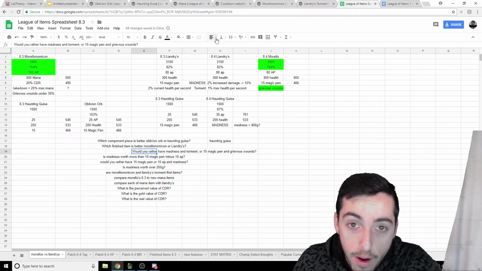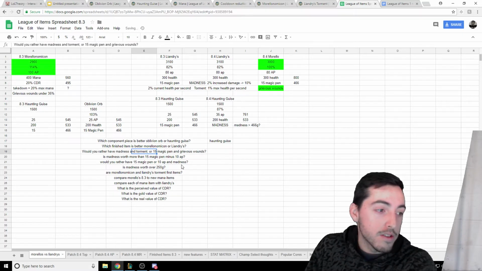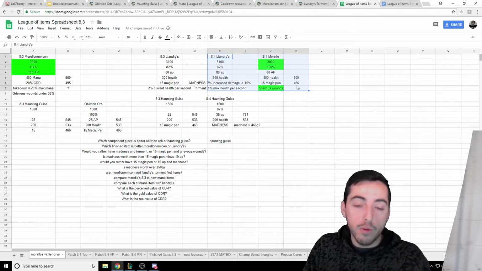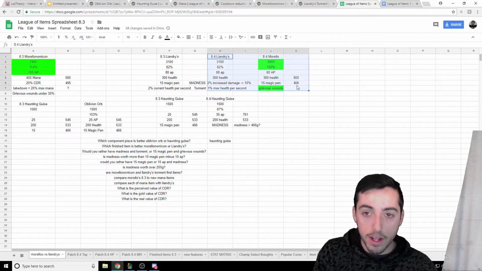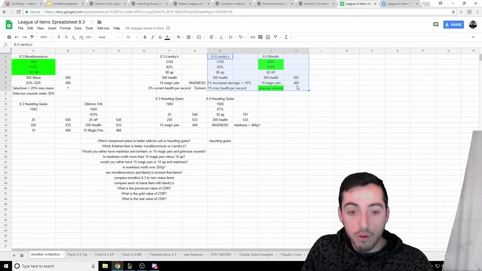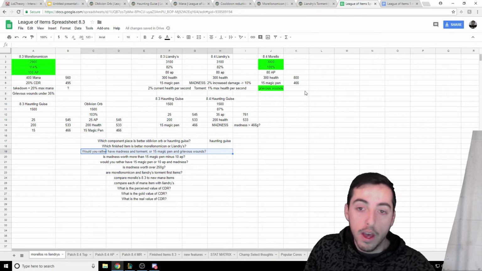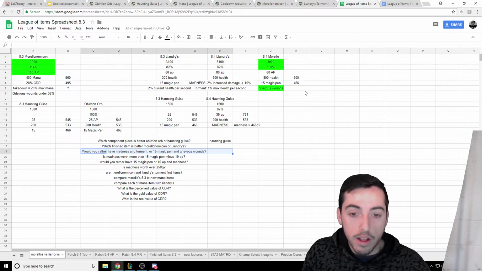And again, these are questions you need to be asking yourself. That's really what this boils down to. If someone asks you, would you rather have Liandry's Torment or Morellonomicon, what they are really asking you is, would you rather have Madness and Torment or 15 Magic Pen and Grievous Wounds? And I think there are going to be a lot of scenarios where you will need to make this decision